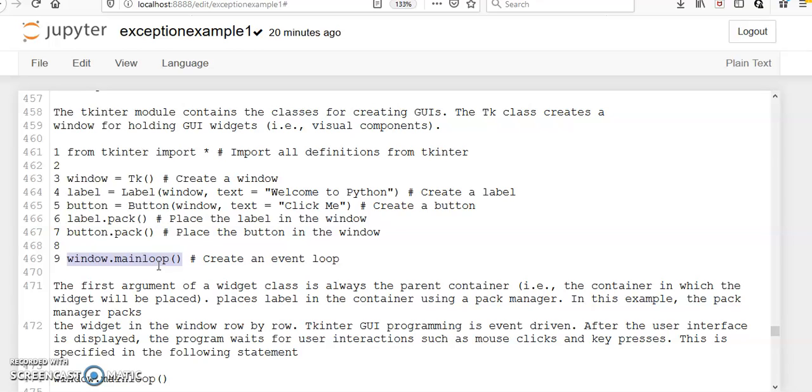The event loop executes indefinitely. Once you terminate the GUI window, it automatically comes out of the loop. Until then, it keeps on looping, showing the window to the user until the window is closed.